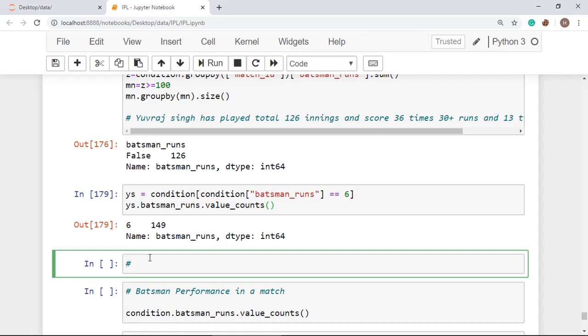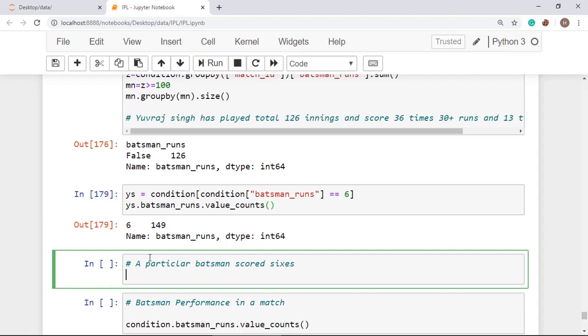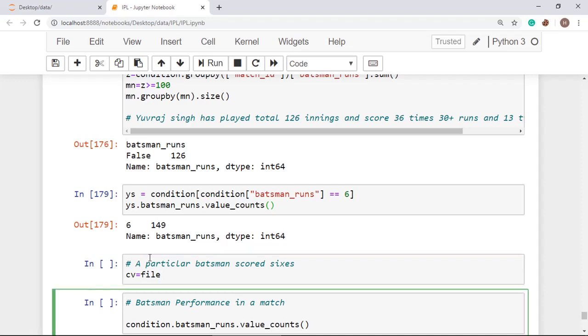First of all, we have to create a variable for Yuvraj Singh or a particular batsman scored sixes. You can replace it by fours or something like that. I'm creating a variable CV and taking it in this way. I'm taking out the whole file, so I'm taking it as file2.